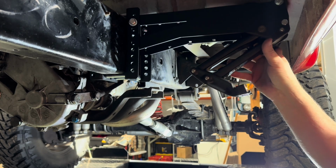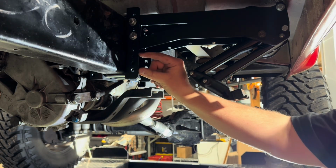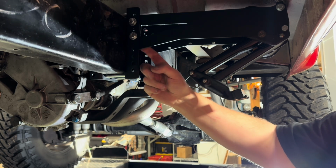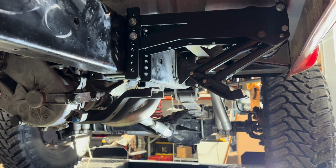I'm going to have to move this a little bit. There'll be another spot that's open. You can move this up and down in 1/4 inch increments. These holes on this bracket are 3/4 of an inch apart. These brackets are 1/2 inch apart. So you can move the bracket up and down a 1/4 inch if you have a body lift, or if you want additional